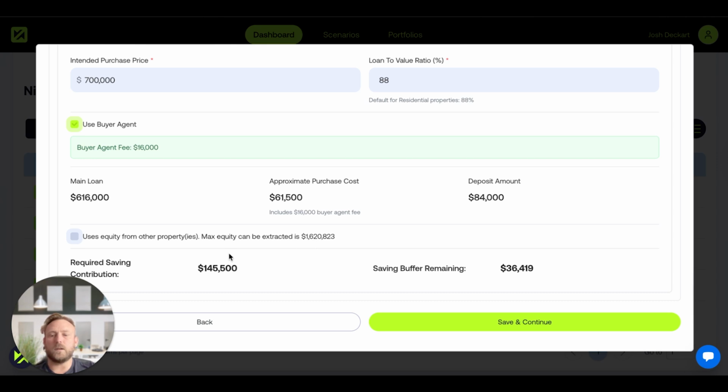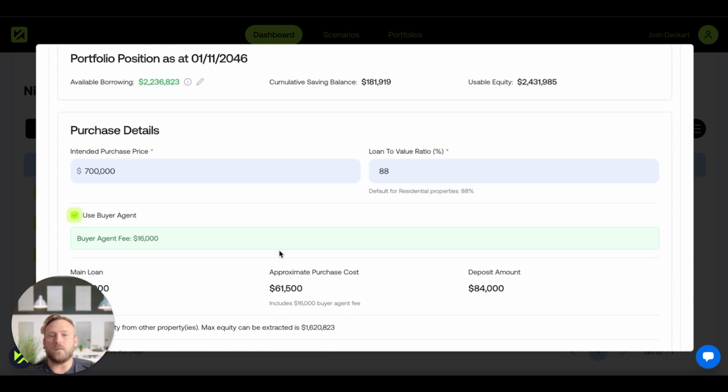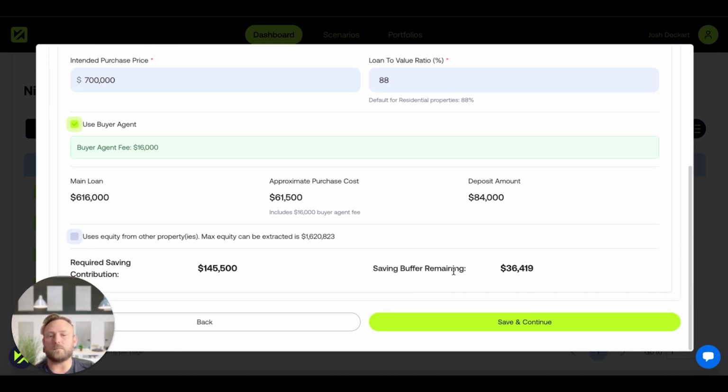So total, we need $145,500 to get the property deal done. And so we really need to ensure that we are conscious of our savings buffer. What I mean by this is that we need to ensure that we've got enough cash in savings to get us through those tough times where we might have maintenance issues. So we need to consciously monitor this when we're doing